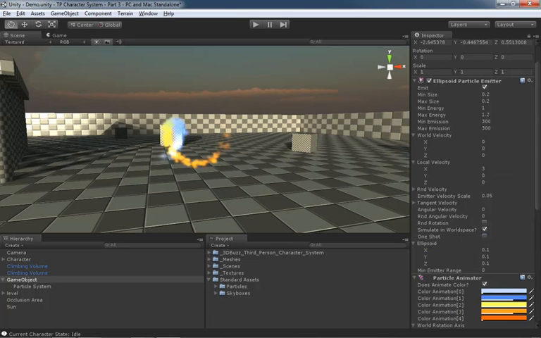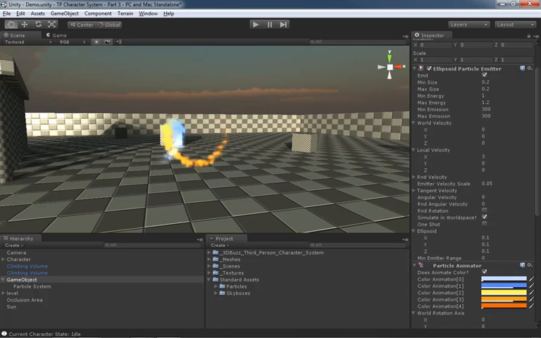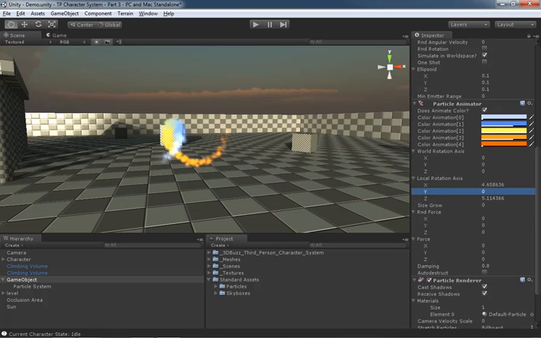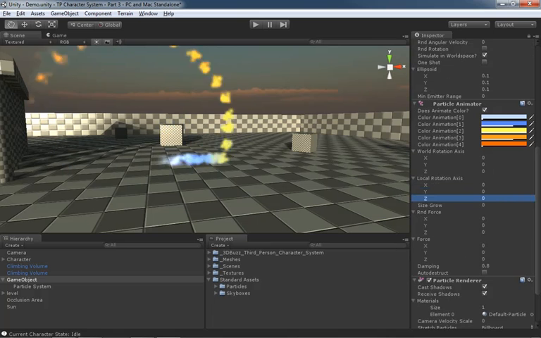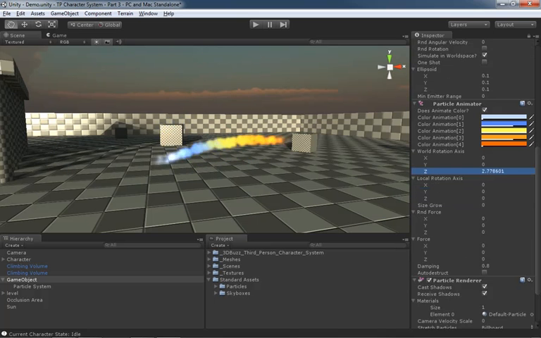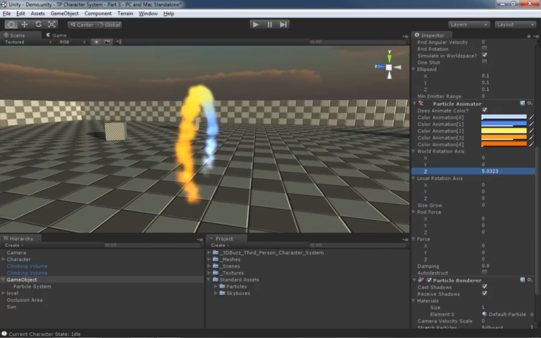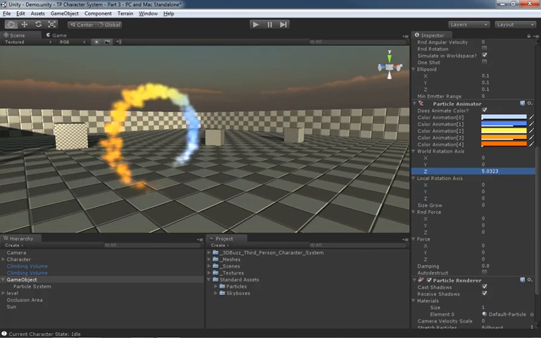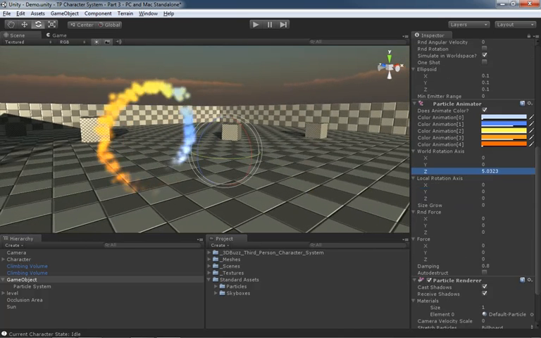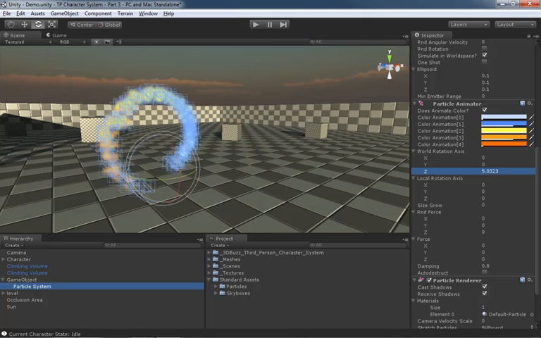Here's an example. We already saw in a previous video that world velocity does not change as you rotate the emitter. It's just going to send your particles down a world axis, and that will always be locked in. Well, world rotation axis works exactly the same way. It's going to cause your particles to orbit around a constant world axis. And because our local object is oriented with the world, right now it looks pretty much the same as it did a moment ago. However, if I rotate my emitter right now,